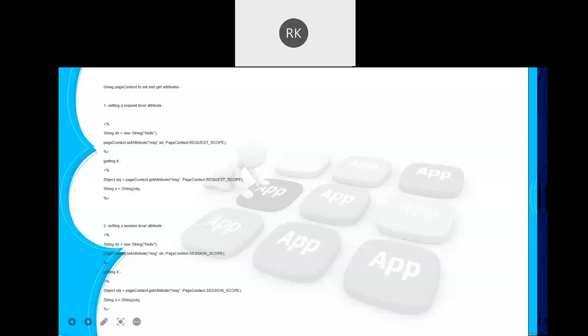If someone else that is available in the same request scope wants to access it, they can say pageContext.getAttribute, and here you are supposed to pass two values. First is the name of the attribute, which you can see here is message. And the second is the scope from which you want to access the value, which will be the request. Here the output you are going to get is in object format, but the object will be containing a string, so you can typecast it normally using String to get a proper string.